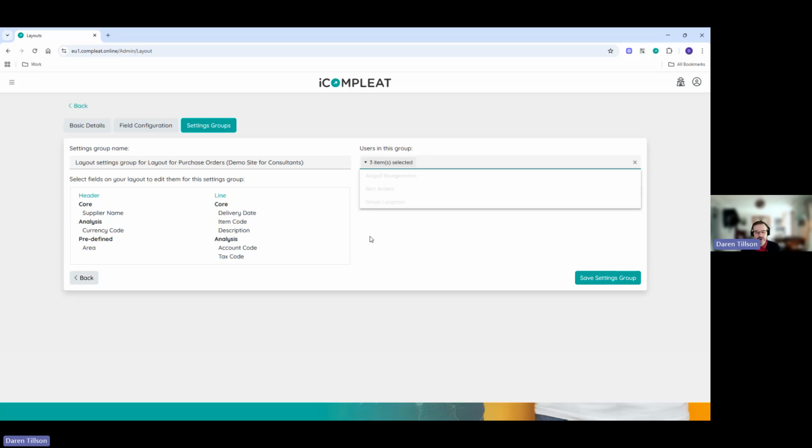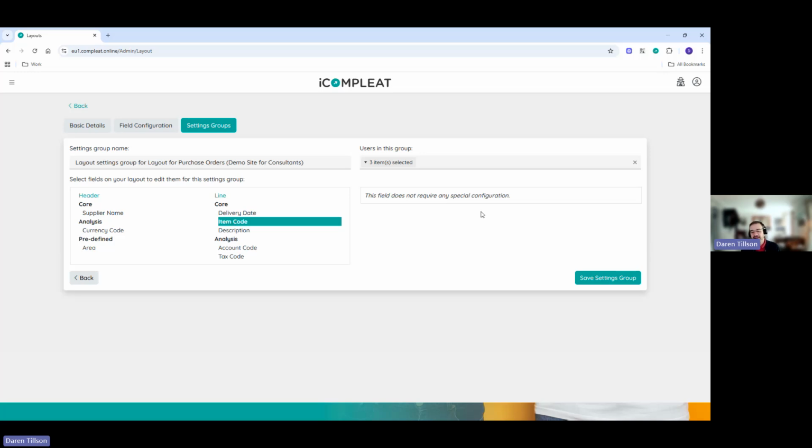So again, if you are looking to tie down the security, then be mindful that you can only be a member of that one group. So if there's somebody that needs access to a range of codes, you might need to set them up in a separate group just themselves. So that's our users, and then what we're seeing here is a column of the fields that we have selected at a header level. So there's my area, currency code, supplier name, and then the fields that we have at a line level. And then what we're able to do is click on these fields, and the right